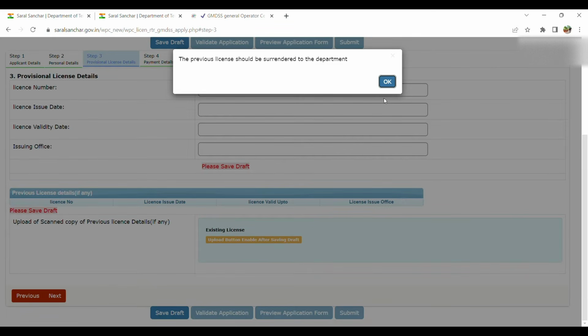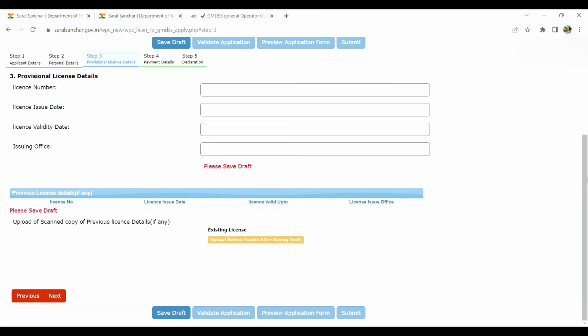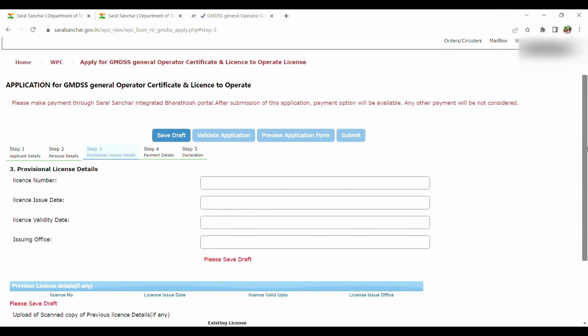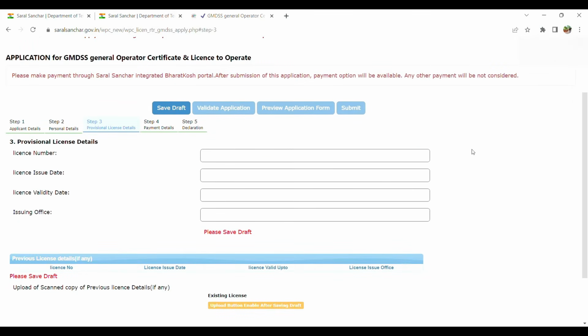This pop-up has come because I have already got my GOC. This is just a video, for video purpose I'm doing this. So step 3 actually includes information about your provisional GMDSS GOC certificate that you must have received from your institute on the last day of the examination or next day. All the information that has been asked, the license number, issue date, validity date, issuing office, will all be present on the